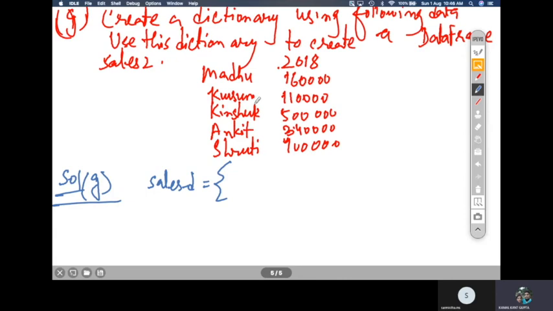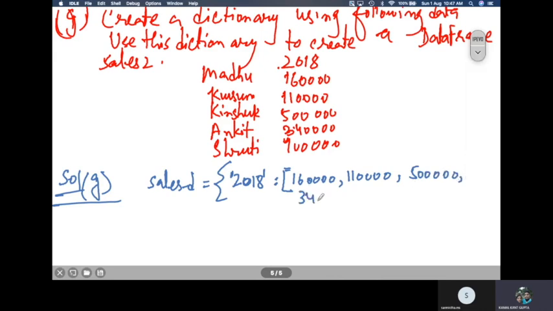The column name will be 2018, and the row labels are these. So 2018 will be your column index, and the values under it will be these: 1,60,000, 1,10,000, 1,50,000, 5 lakhs, 3 lakhs 40,000, and 9 lakhs. Okay, so this is the dictionary, and now you create sales 2.